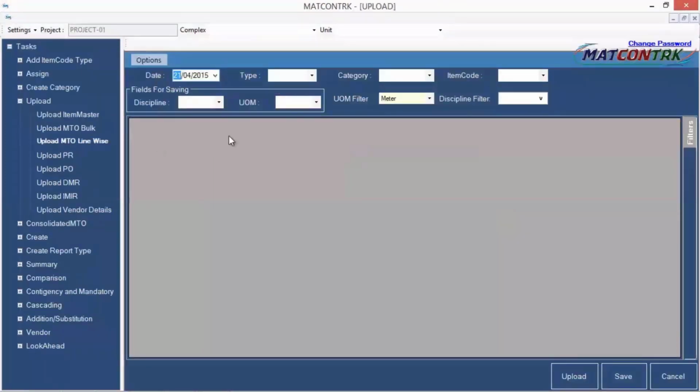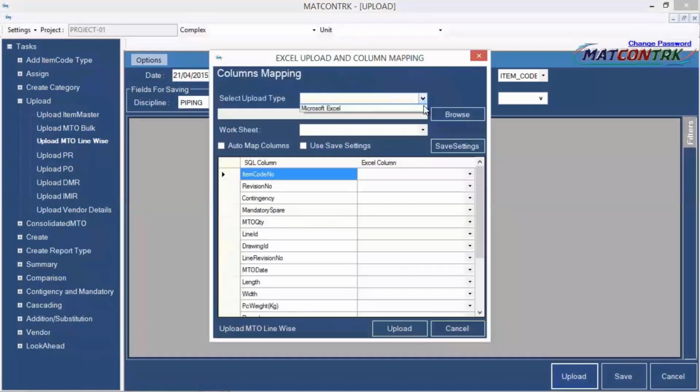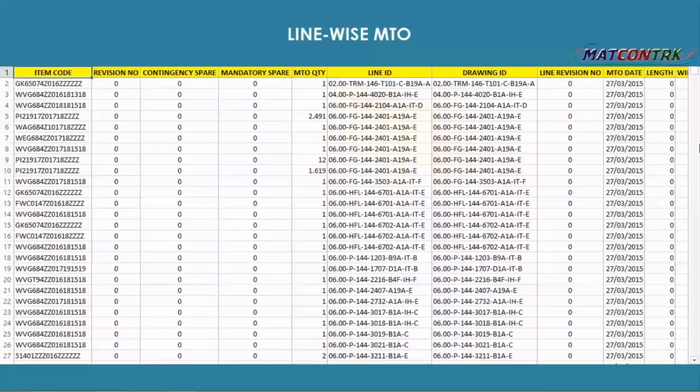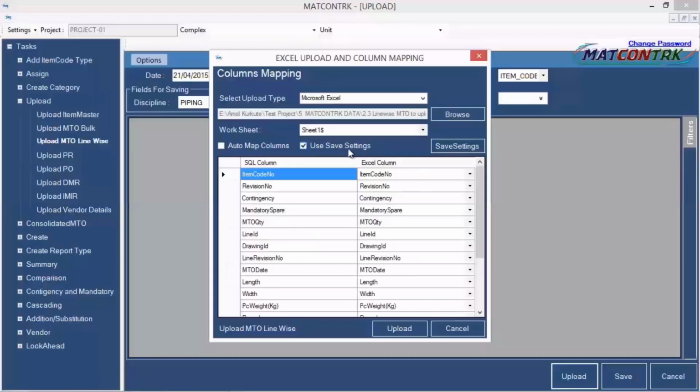Now, as I said, there is also a line-wise MTO template provided. If line-wise MTOs are also coming, I can upload them as well without really consolidating outside. So this is the line-wise MTO with the line references and the line revisions.